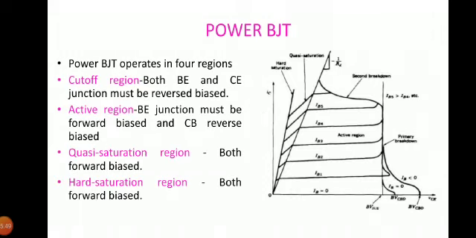And here are the VI characteristics of Power BJT. It can be seen as 4 different regions. In cutoff region, the base current is almost 0 and hence there won't be any collector current, and the transistor will be in the off state. In active region, for an increase in VCE, collector current IC will also increase slightly. The quasi-saturation region does not exist in a normal BJT, and the device can be used as a switch in this region. When IB is increased more, the Power BJT gets driven into hard saturation region. In this region, both the junctions will be forward biased.